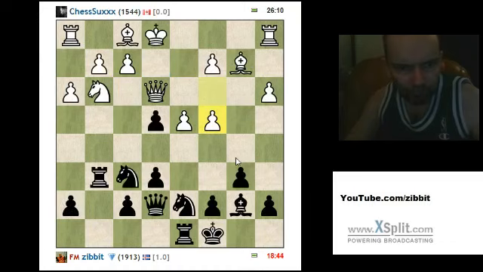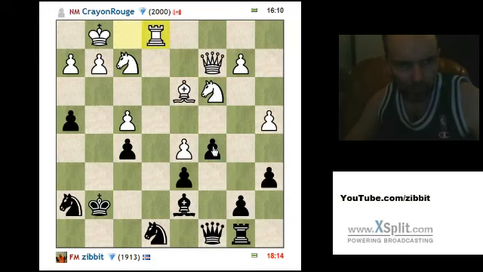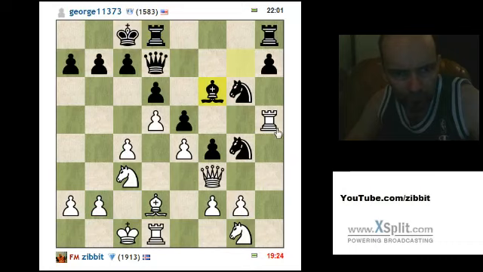I think I have to play something like c5 here. Maybe e5. c5 is what I will play. Rook e1, yeah, starting a check here. This is ugly, very ugly. I'm just hoping for the best in this game. I mean,